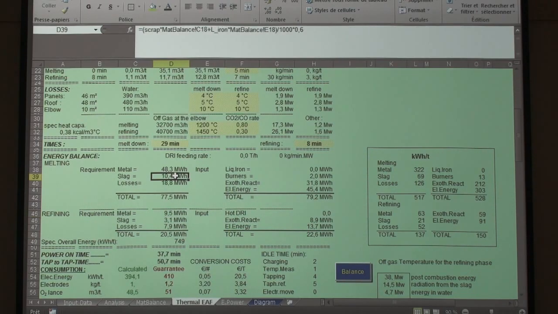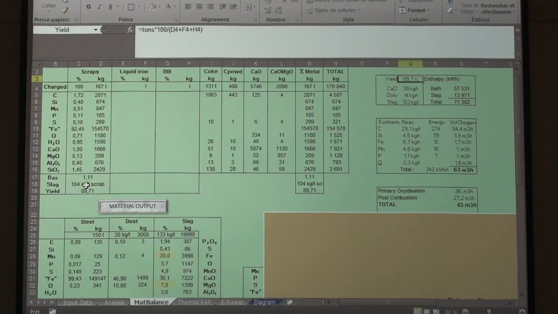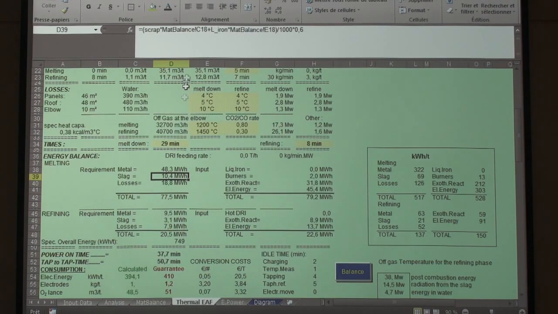So then the slag is something equivalent. So I have the scrap, and this is more, let's say, true for the slag, because I've calculated here a slag amount. So I take this slag amount, and I consider that I need 600 kilowatt hours per ton of slag. All right. So for refining,